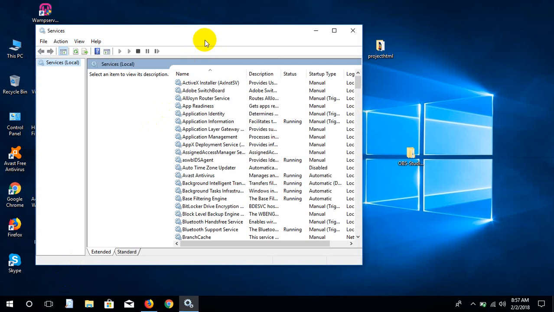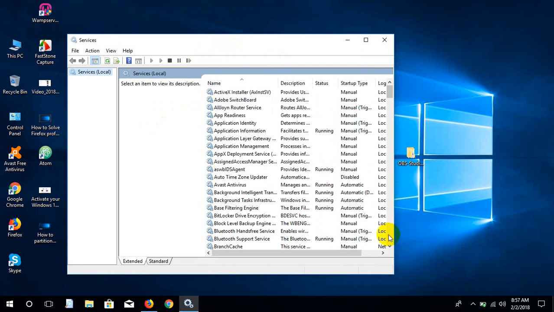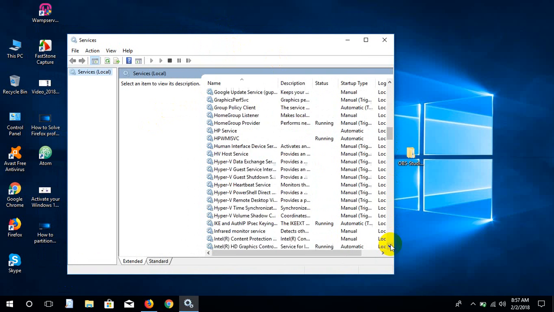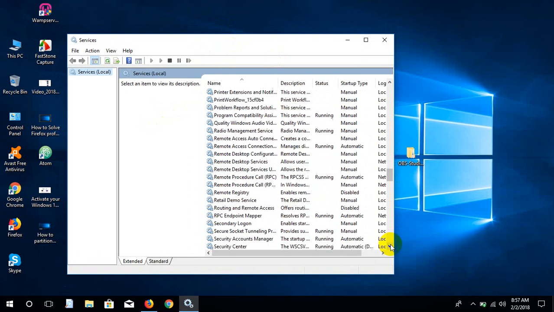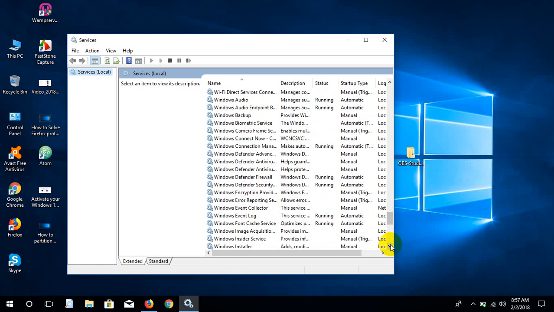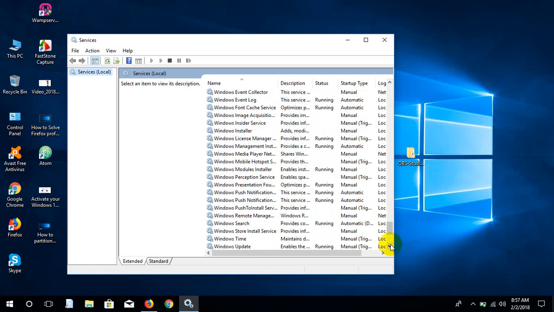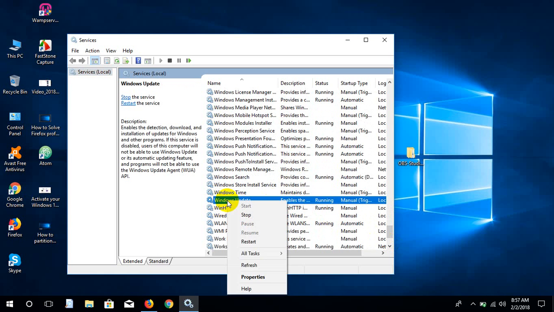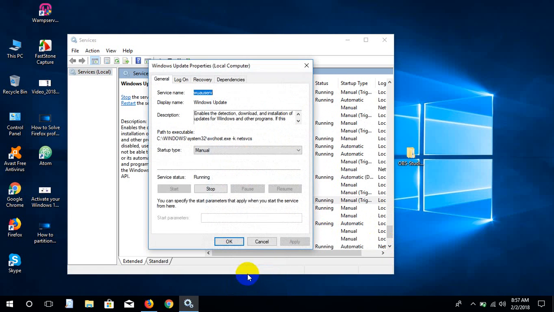It will give you this window, and then you have to find the Windows update here. I am finding the Windows update here. Windows update, here is Windows update. So right click on it, then go to properties, then you have to select this manual to disable,